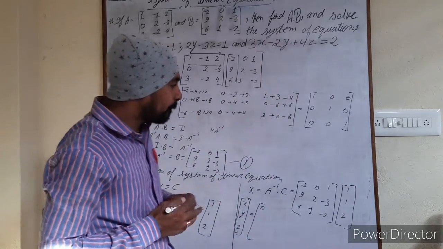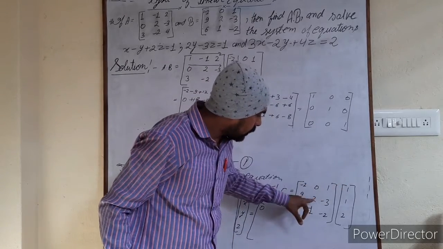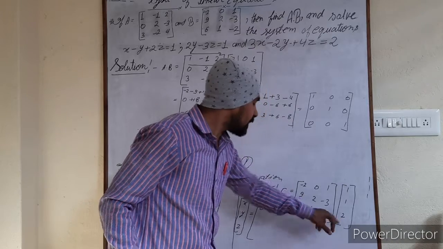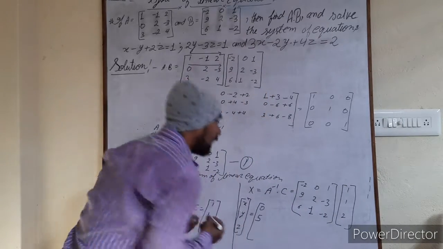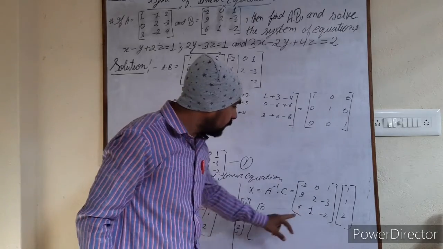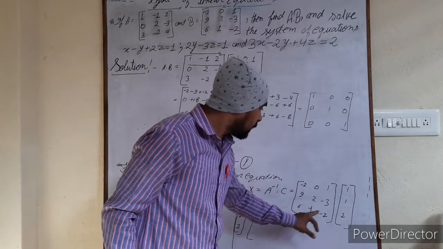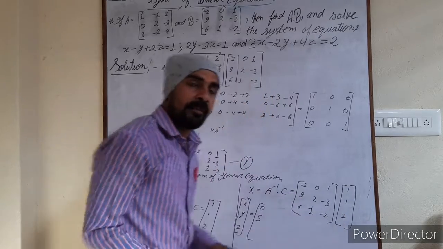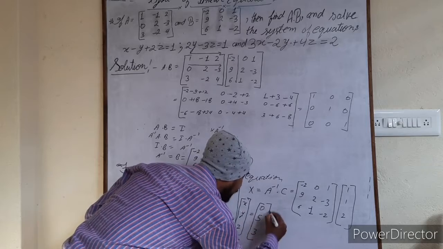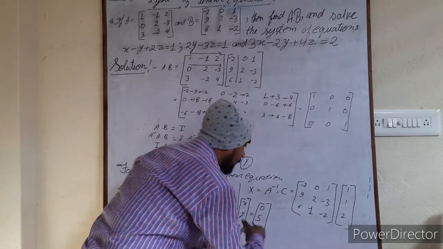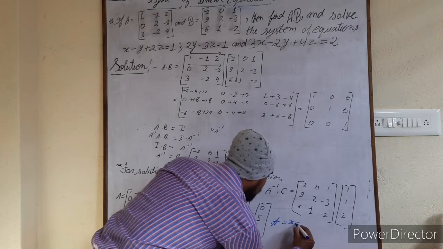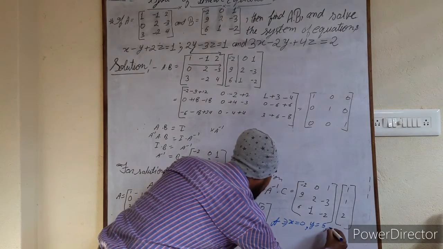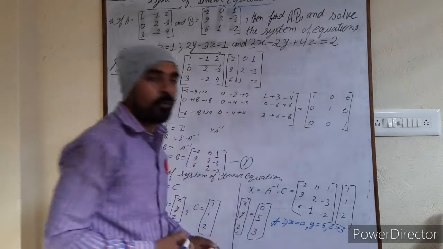I hope you are getting it. Then 9 ones are 9 and 2, 11 and -6. So 11 minus 6, that is 5. After that we need to find out the value of z, that is 6 ones are 6, 1 ones are 1, 6 1, 7 and -4. So 7 minus 4 is 3 here. So finally the answer is x is equal to 0, y is equal to 5 and z is equal to 3. This is your final answer.